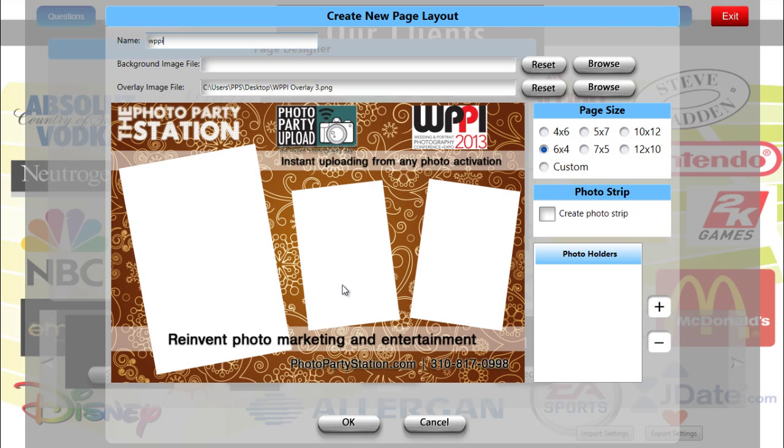So I told my graphic designer I want logos at the top, I want one in the background, I want some text at the bottom, and I want you to please leave three blank boxes where the photos are going to go. So now I'm just going to tell the system, again using drag and drop, super easy, how to place the photos in those boxes, where I want the photos to be. So on the bottom right it says Photo Holder. I'm going to click the plus sign there